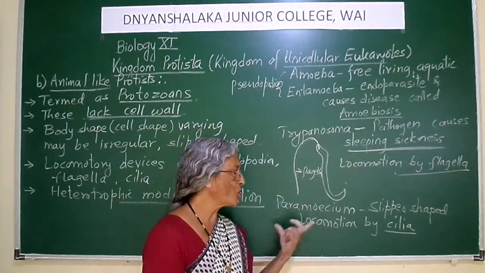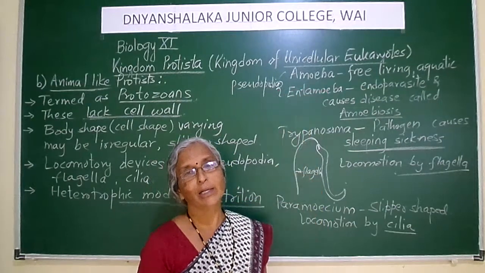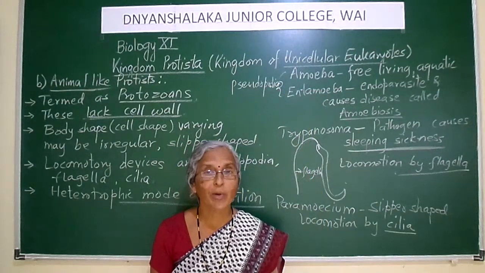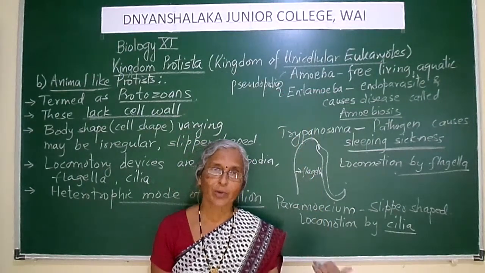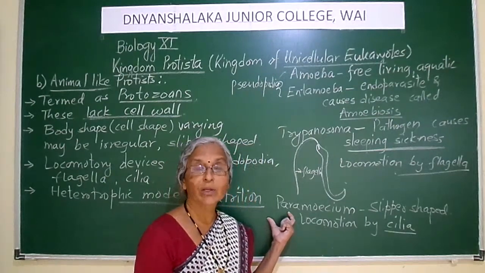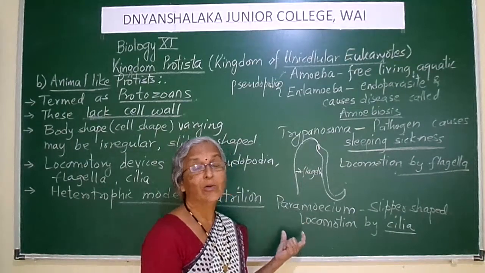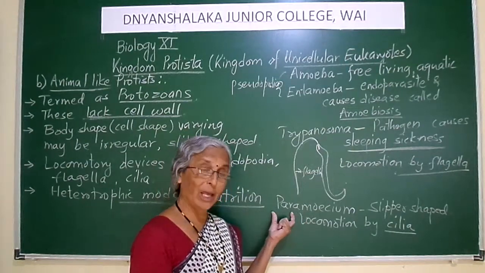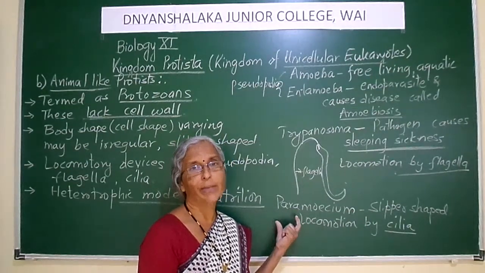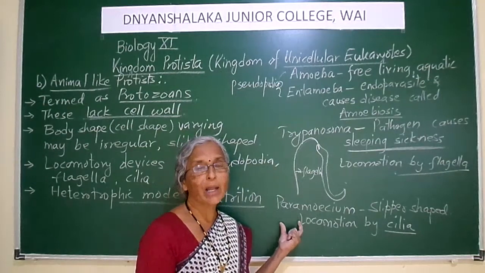Okay? So paramecium, trypanosoma, entamoeba, amoeba, all these are examples of animal-like protist. What type of protist? Animal-like protist. Okay. Now here, a well-labeled diagram of paramecium is given in your textbook. Very important. You will be asked as a question to label the diagram. So you should practice drawing a well-labeled diagram. Okay. So this is about the animal-like protist.